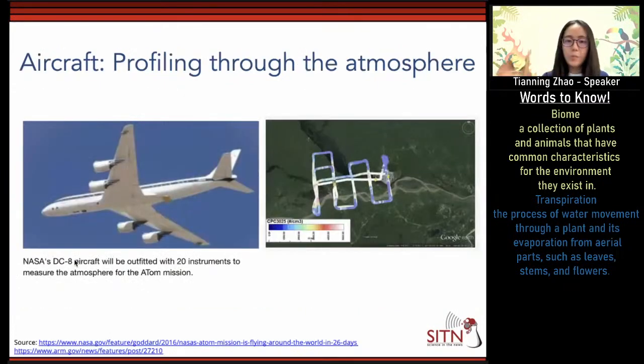And then we've got a complementary tool, which is the aircraft. You can equip the aircraft with different instruments, and people would be able to work on them, and the aircraft is extremely helpful in doing profiling through the atmosphere. This profiling is simply like taking snapshots at different locations. What is shown here on the right is the flying route of the research airplane. So you take one snapshot here and then go back and take another snapshot here.